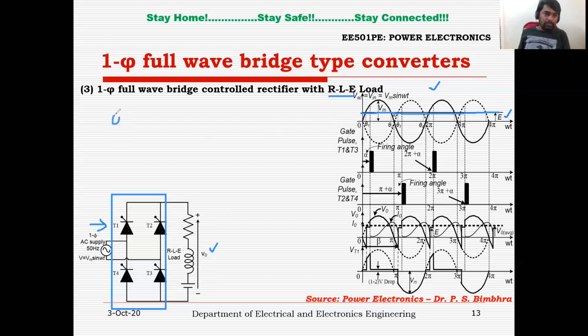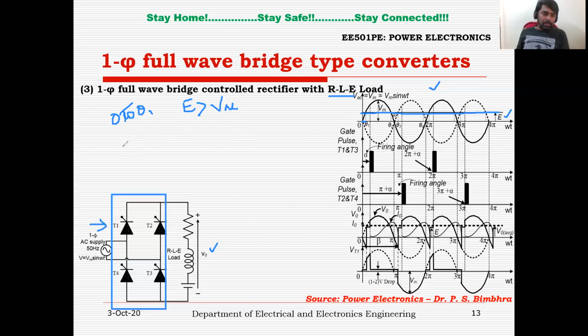You can see here from 0 to theta 1. From 0 to theta 1, this portion, you can see the battery voltage is more than the input voltage. So even if you trigger thyristors, which are in forward bias condition, now T1 and T3 will be in forward bias condition during the positive half cycle, even if you trigger before this theta 1, the thyristors won't go to the conduction state. They will be in off state and they will start conducting from theta 1 onwards.